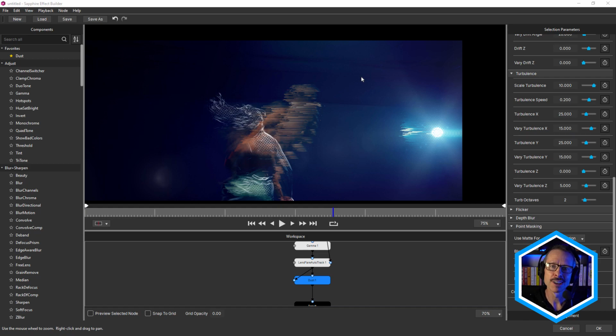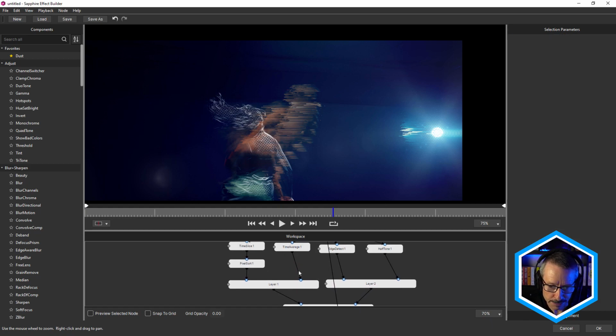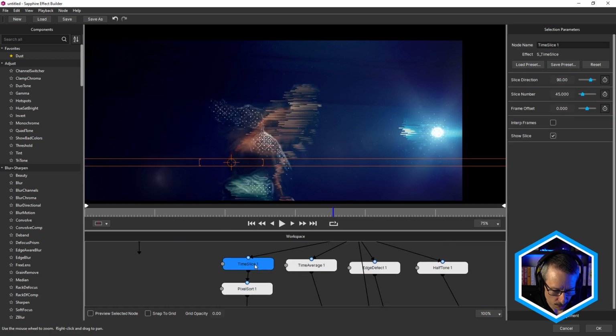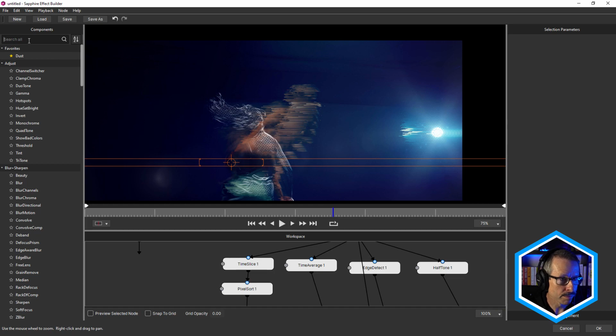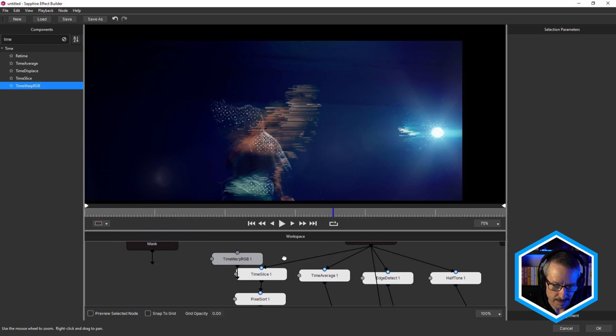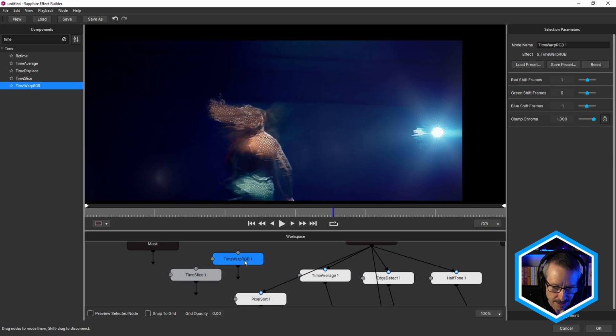But there's no reason to stop there. Why not go ahead now and try some different effects? Maybe change time slice. You might want to, for example, try something like Time Warp RGB. And we have to drag it down in here. And you can do that just by disconnecting time slice, and we'll have to do this manually, and drop that into pixel sort like that.